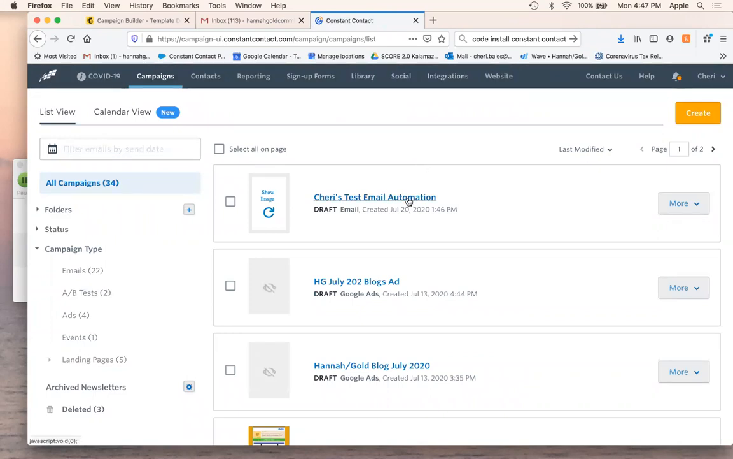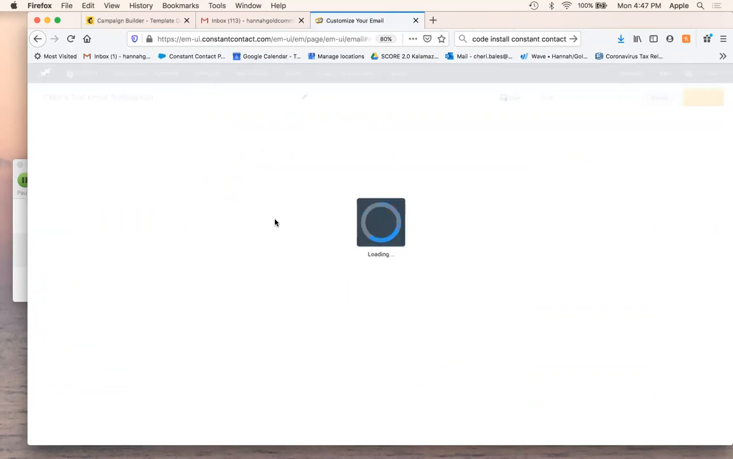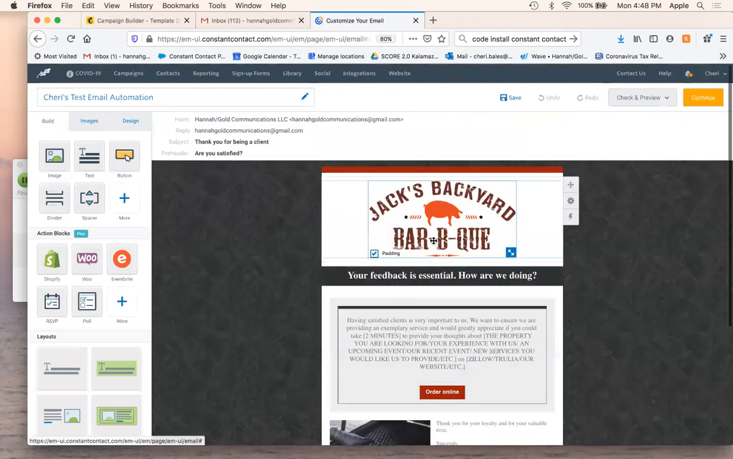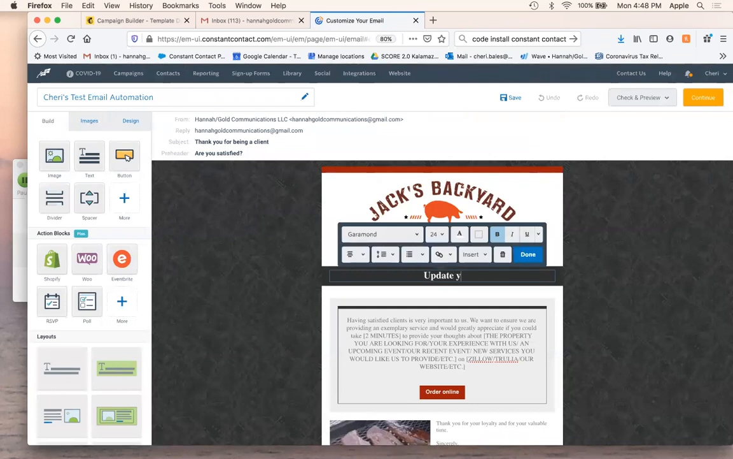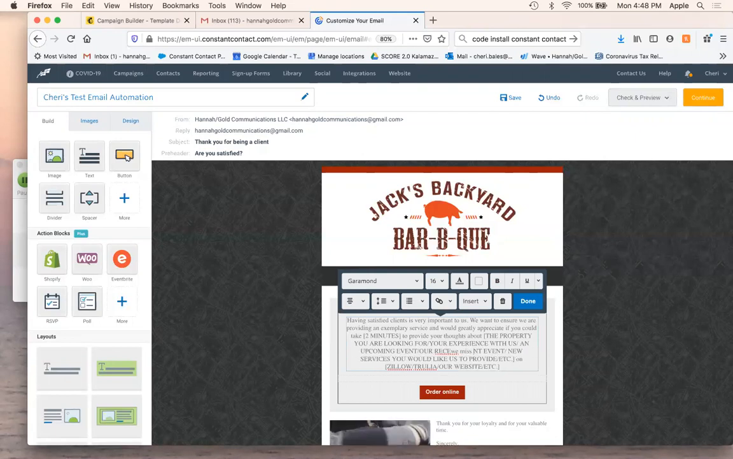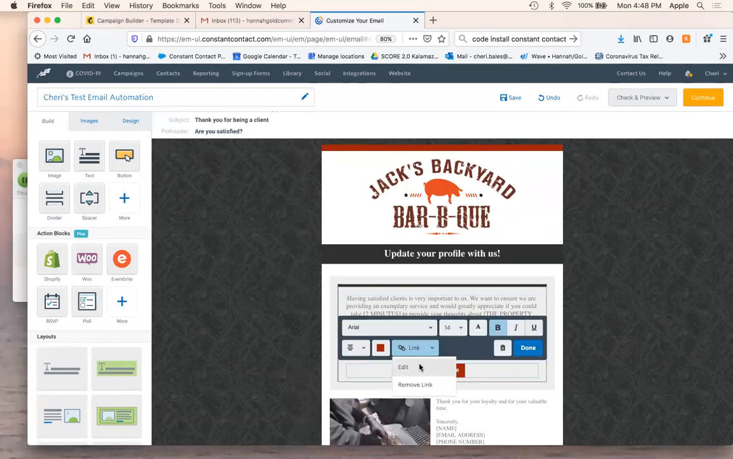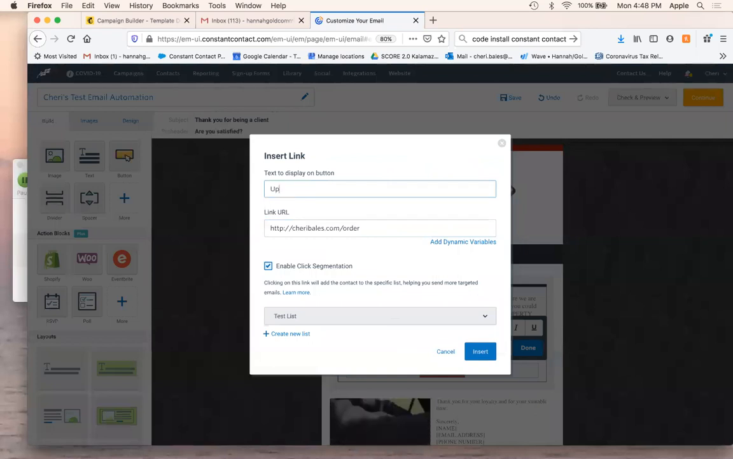All right, so let's take a look then at that update profile button. Remember, another way that we can do this. Right down here at the bottom. So we would change this to update your profile with us. And then we miss you, come back, and whatever. And here, we're going to change this to edit, update your profile. Again, we're not going to know for sure, but I might create a new list